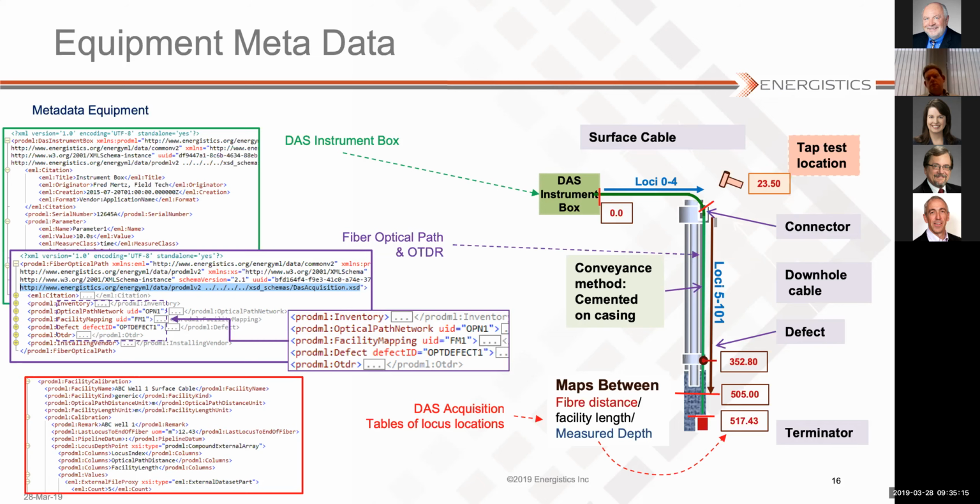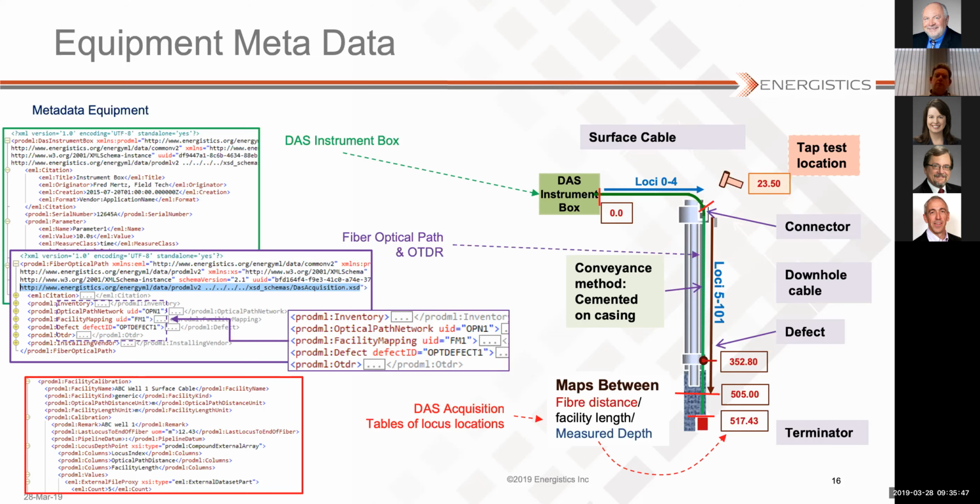If you think of that diagram which Wilfred was showing with the matrix of dots, time is running across from left to right, and then depth is running down from top to bottom. And what we need is, for each locus, each channel, if you like, of acquisition, where is that in terms of measured depth, if it's a well, or what we call facility length, the distance along the pipeline, if it's a pipeline that we're monitoring.